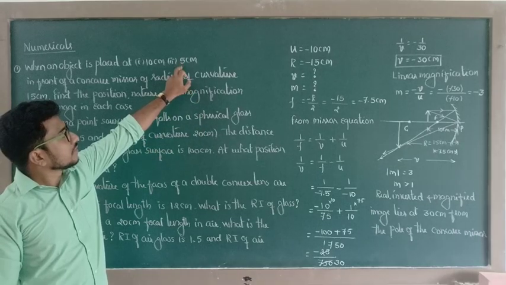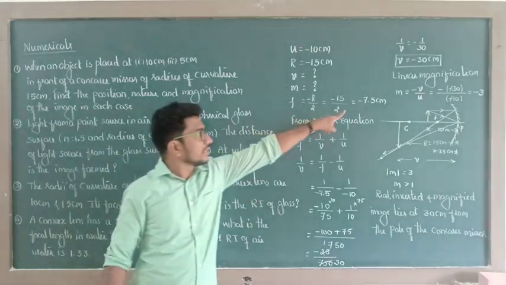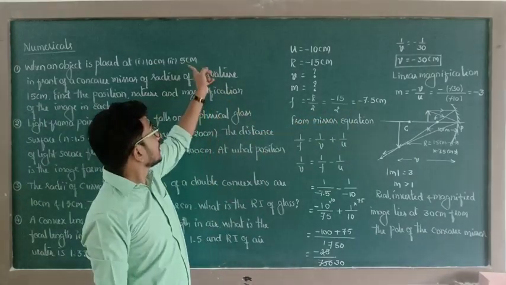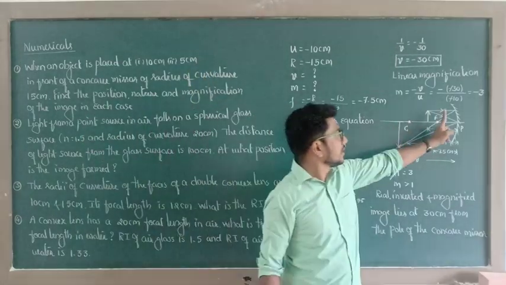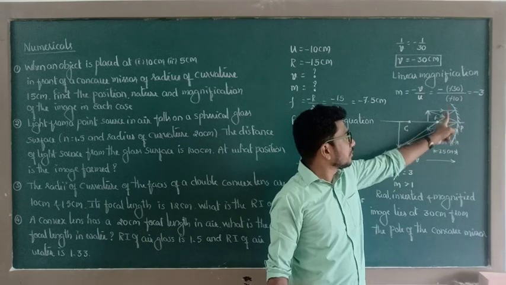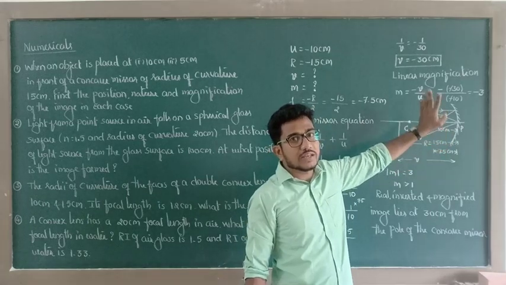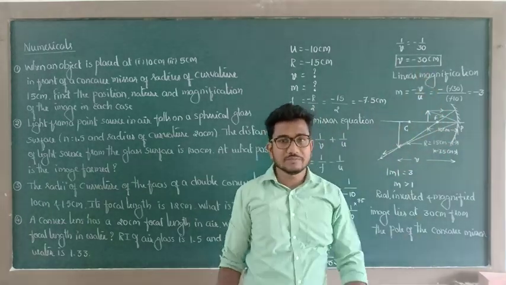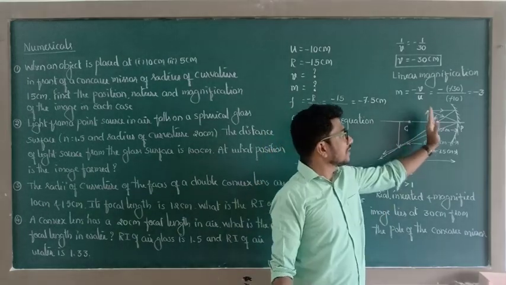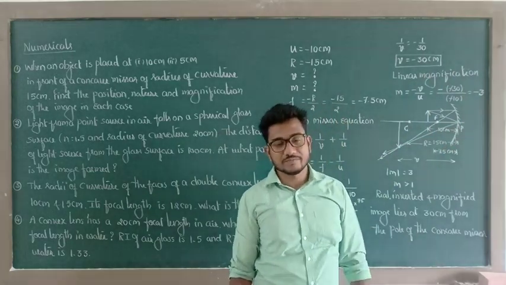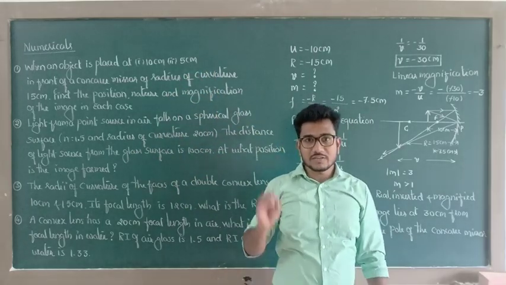But this 5 centimeter is less than 7.5 centimeter. Focal length is 7.5 centimeter. That means here object lies between principal focus and pole. The nature of the image: virtual, erect and magnified. So we will get virtual, erect, magnified image, and that image lies behind the mirror when object distance is equal to 5 centimeter. You just try this one.